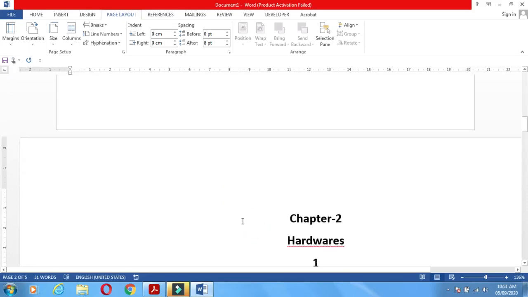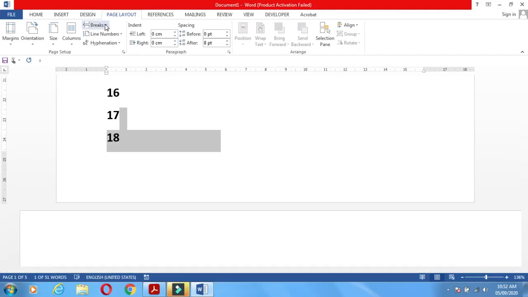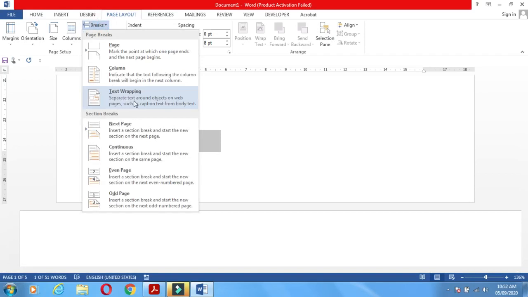The second page is in the landscape. The orientation of the second page is landscape, and the orientation of the page first is portrait. Means in this way we can apply the different setting by using the section break.